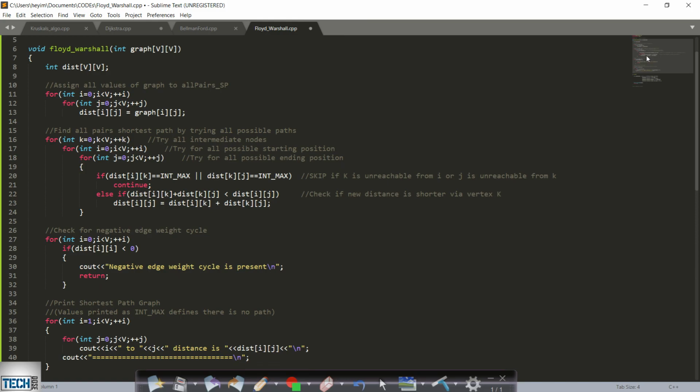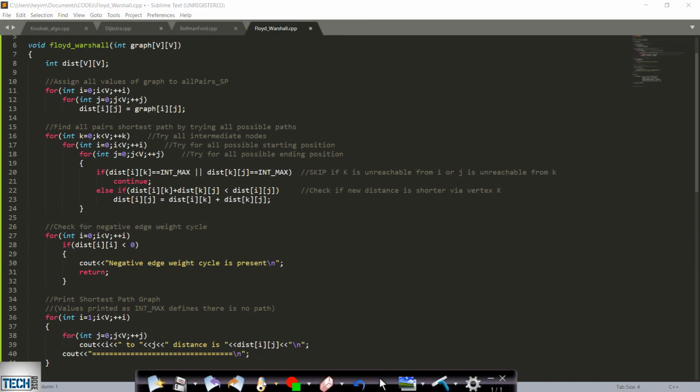So this is the Floyd-Warshall algorithm. In this case I have fixed the number of vertices to 6. So when we are taking these distance values, we will be copying all the adjacent node values. Adjacent node values are already stored in this graph, so we will be taking them and copying them into the distance matrix. Now the distance matrix will finally give us the shortest path between all the pairs of the graph. So first we will copy. This is the copying step.